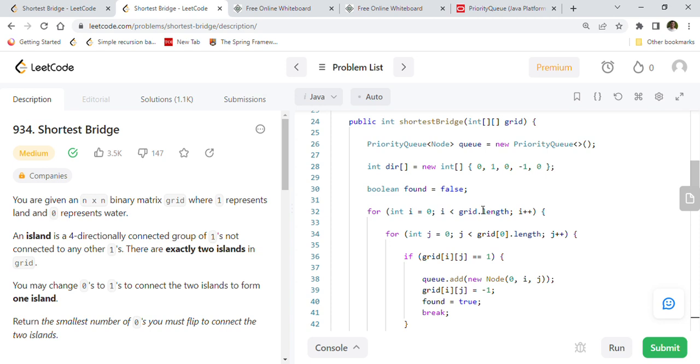If you like today's solution where we have used priority queue and this BFS based approach to solve this another frequently asked Microsoft coding question on Leetcode 934 shortest bridge, then please give it a thumbs up to the video,